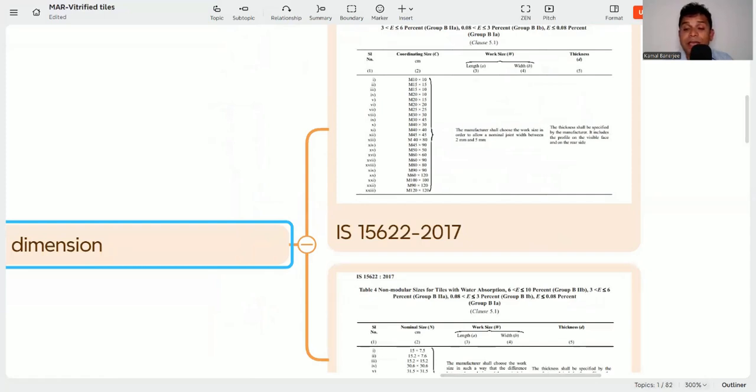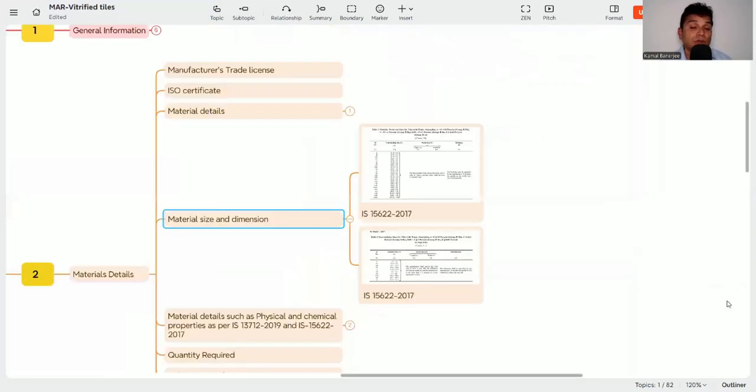What is a compliance statement? A compliance statement is that whatever you are proposing, you need to comply as per the project requirement or as per the IS specification. So the column 1 is the properties, then as per project requirement, and as per proposal. See, dimension, then accuracy, then modulus of rupture, then breaking strength. So what is mentioned in the specification you need to mention, and what you are proposing. If it is matching, then you need to say yes, yes, yes, because without the compliance statement no MAR